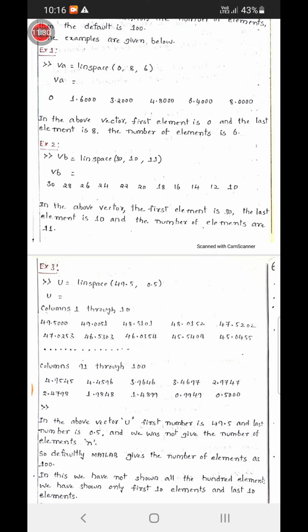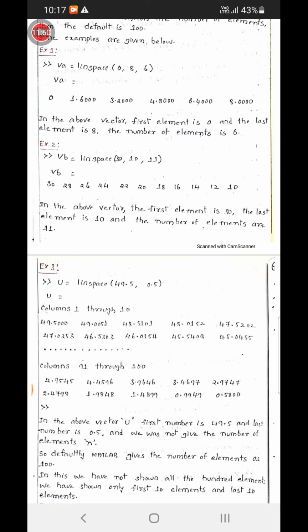So between 49.5 and 0.5, MATLAB creates 98 elements, and if we add the first and last elements also, then we get 100 elements.